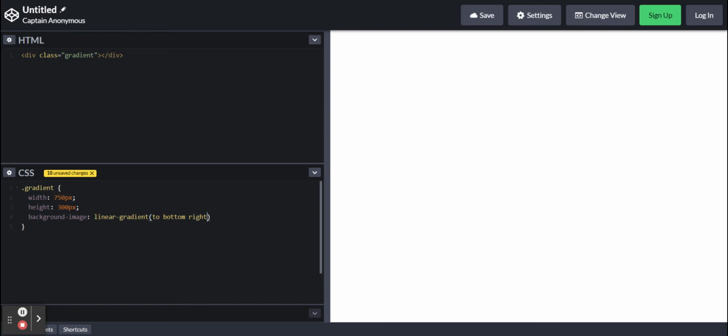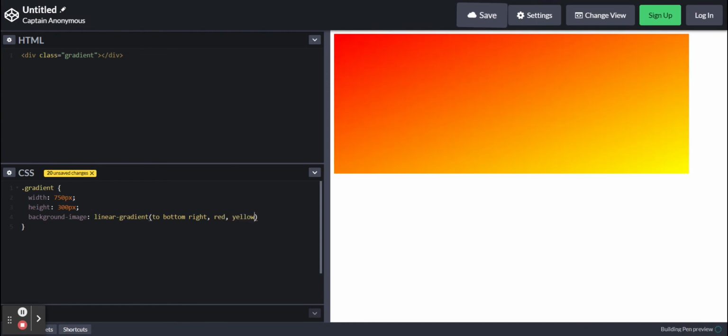You can change these settings to go top right, top left, or bottom left, but we're just going to do to bottom right, comma. Now red and yellow. I'm just doing red and yellow because they're nice colours, but here you'd put whatever colours you want. And you can see here on the right that we have our gradient starting red, getting a bit more orange,